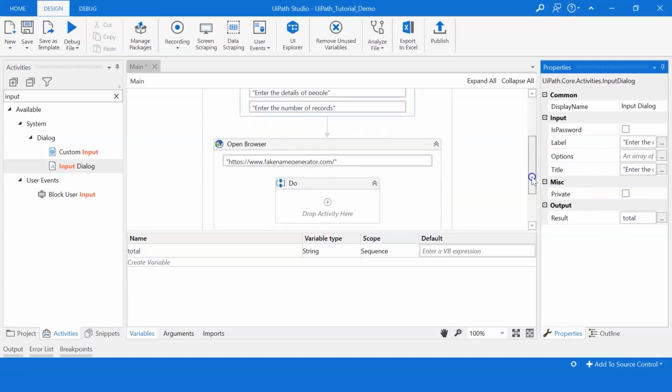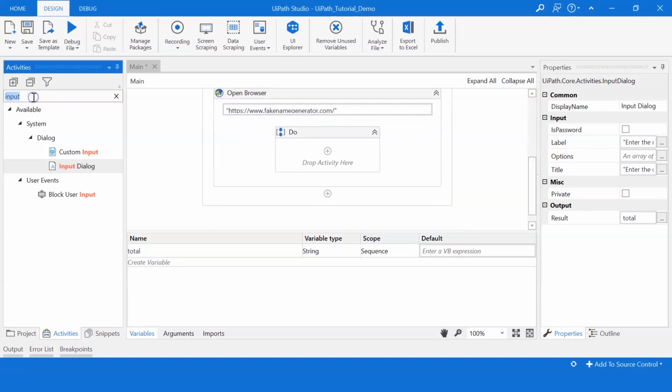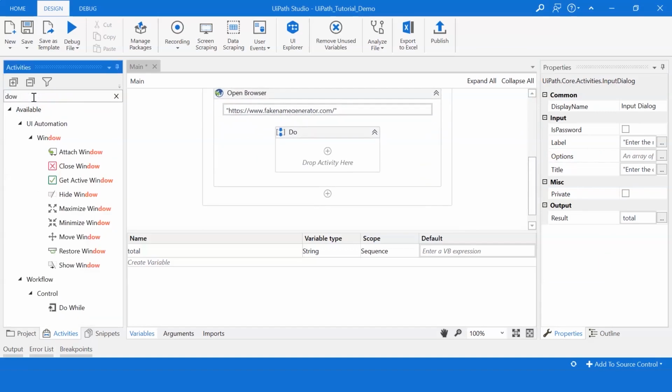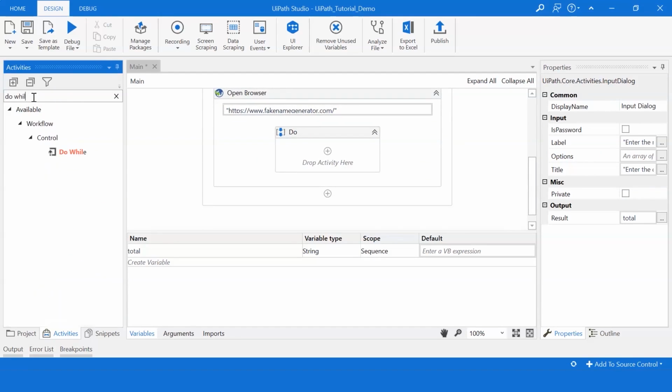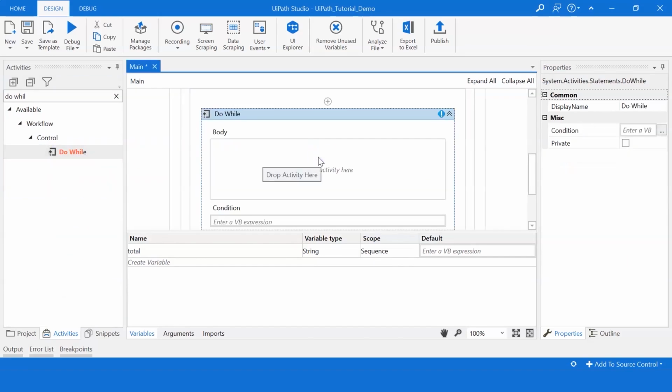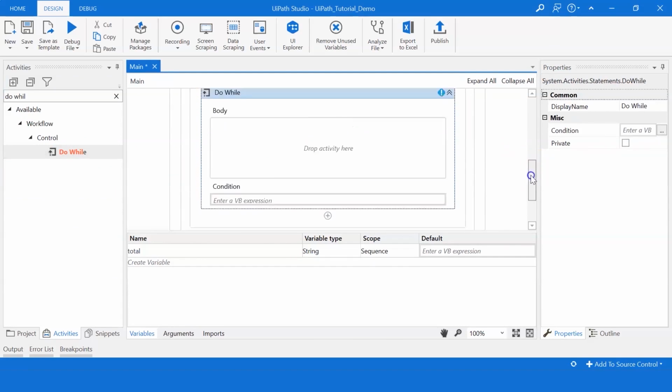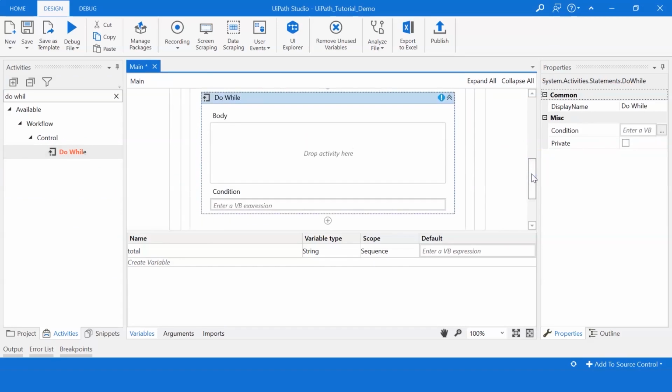So to use a do-while loop, I'll first search for do-while and I'll drop it to the do section of the sequence. As you can see, do-while has two components.